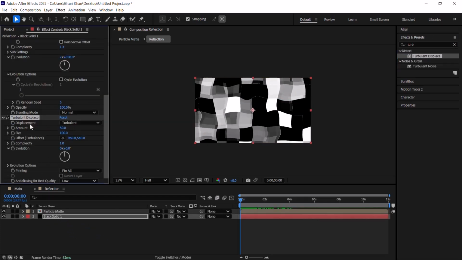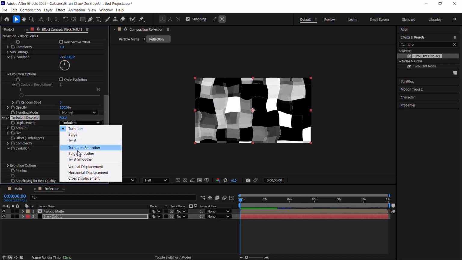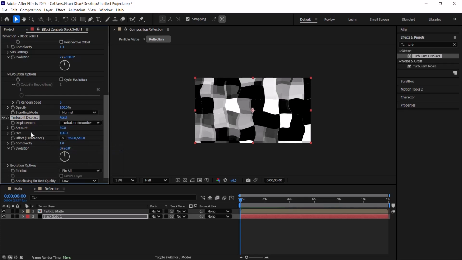Now let's change the displacement from turbulent to turbulent smoother, amount from 50 to 5, size from 100 to 50, offset turbulence from 960 to minus 527, and from 540 to minus 280, and at frame 0 create a keyframe on evolution by clicking on the stopwatch